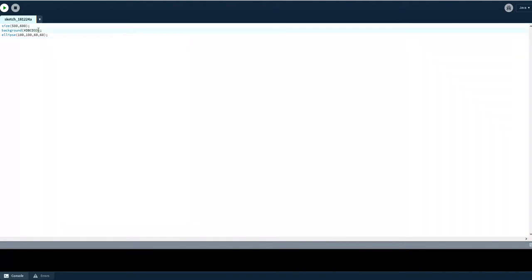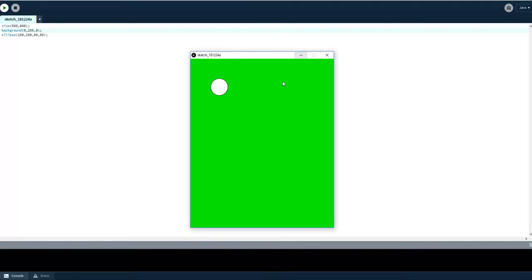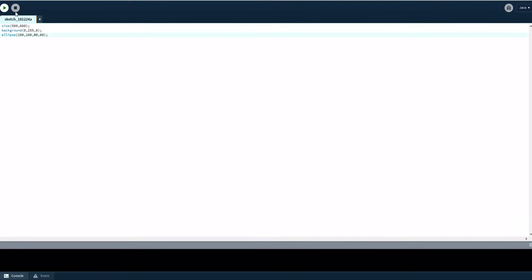Okay, I am going to change this again. If I want it green, so make it green like this, and we will make an ellipse. See, the first 200 represents the x and y position of the ellipse, and the second and third are the width and the height of the ellipse. If these two are the same, it means you will get a circle. If these are different, so see, if I make it 80, you will get an oval shape